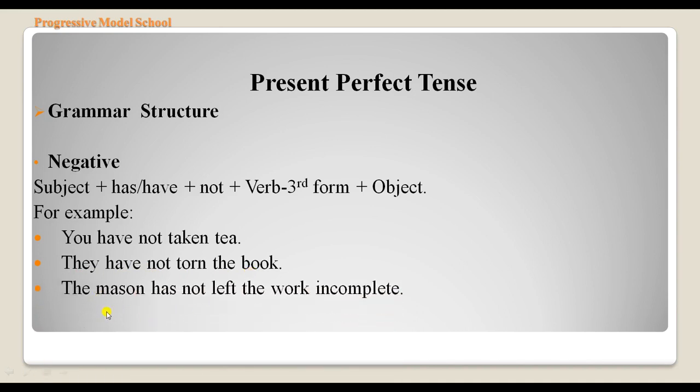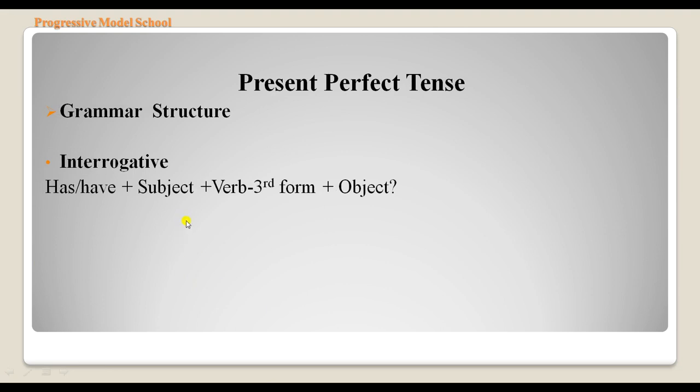The mason has not left the work incomplete. Here the mason is a subject and it is third person singular, therefore we'll use the helping verb has. To make it negative we'll write not, then the third form of the main verb, and work is an object. And to make interrogative sentences of the present perfect tense, we'll just write the helping verb at the start of the sentence,